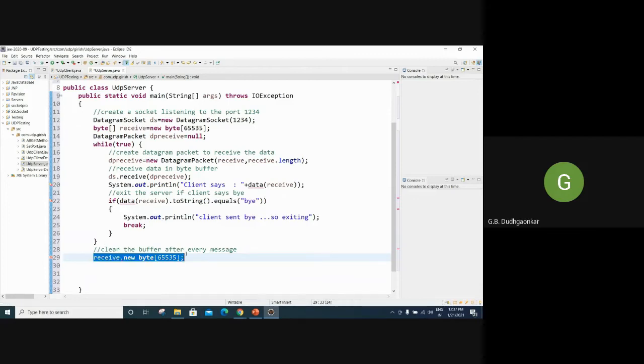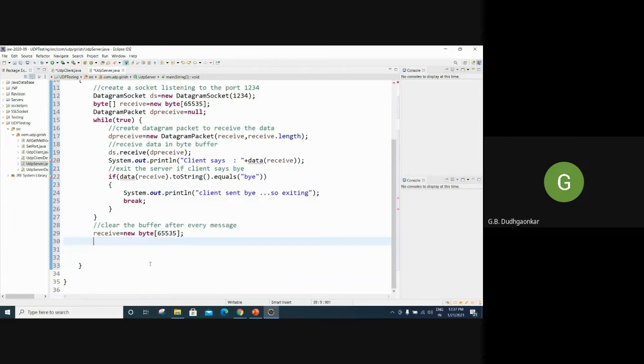So this will create a new buffer for each message. Okay, it is fine up to now.